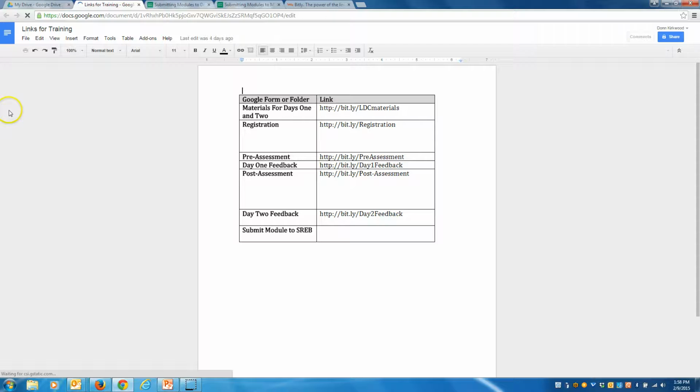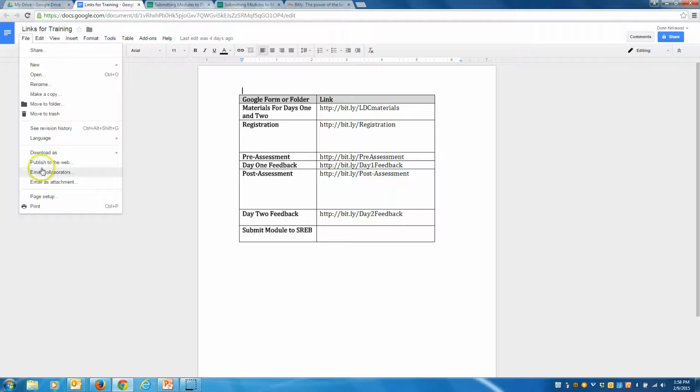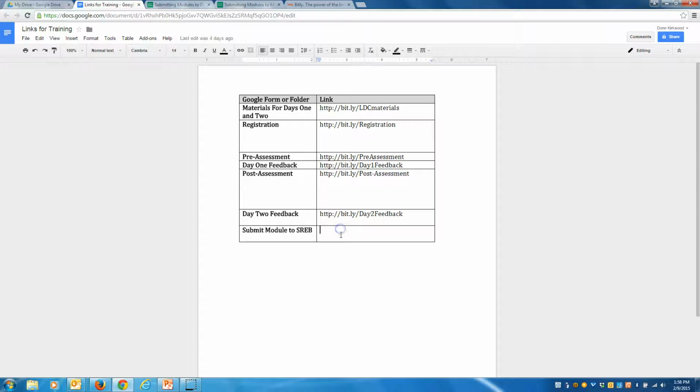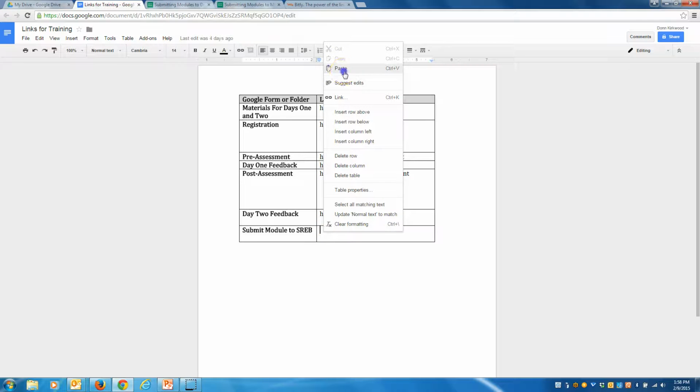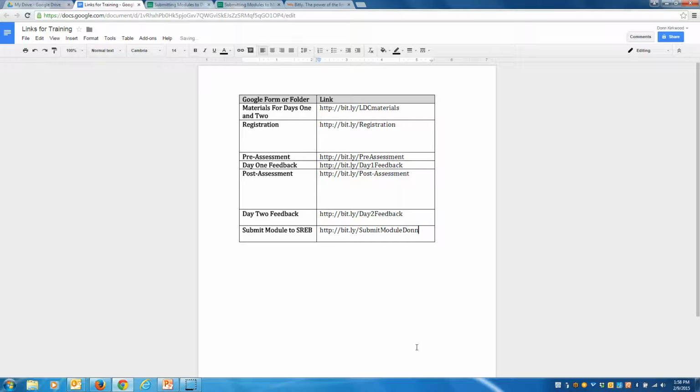going through the exact same process. You would make a copy of that file because you're using it for your training. And then right here where it says submit modules to SREB, just go ahead and paste in that link. So everything is right there on the table for those teachers as you give them that training for day 1,